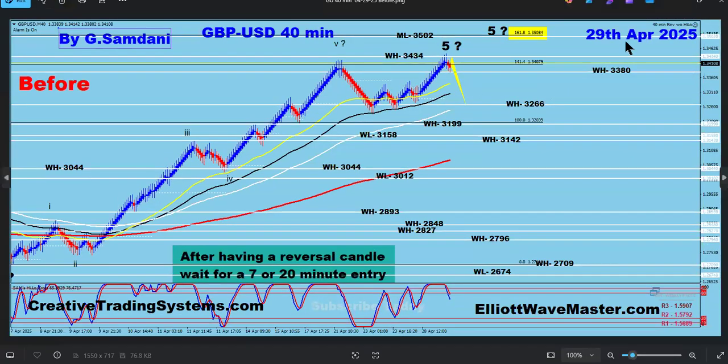You see that? On the 29th I made this when the price was here on this chart, 34.34. So I said we're going to drop to 32.66. But keep in mind that this could be the end of wave 5, or we may go up, right? So now we are coming down, which means we're going to come down first here, and then we're going to go up to this 161 area for wave 5.